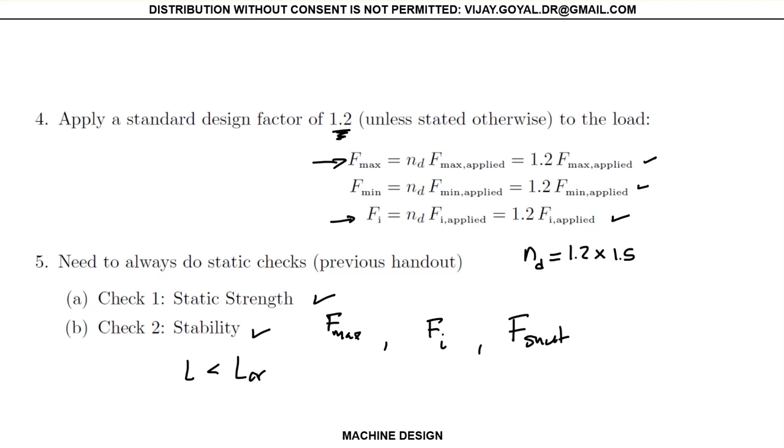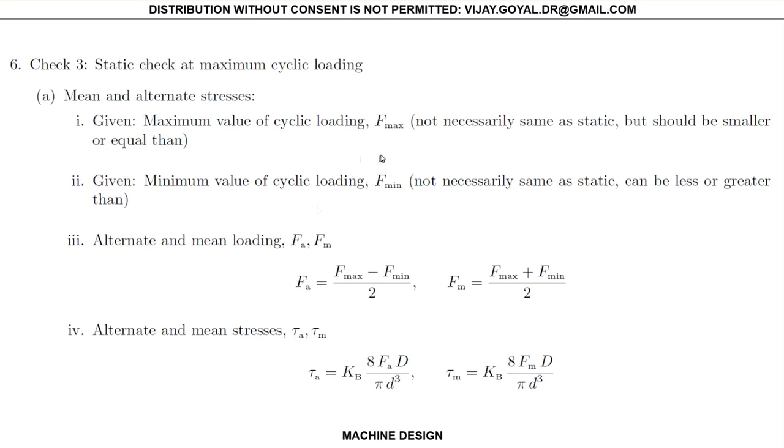So as we move on, what we will have is you calculate your maximum and minimum that are given in the problem. You got some preload, so you're going to be in compression. From that preload, then you're going to have some location where you're going to be fluctuating, right? In this problem, this will be your F max, and this will be your F minimum here at the bottom. Okay, so this is where this is bound by. Okay, and this is actually acting over a delta clearance. Given those values, then we can find your alternate and mean forces, and from there you find your alternate and mean